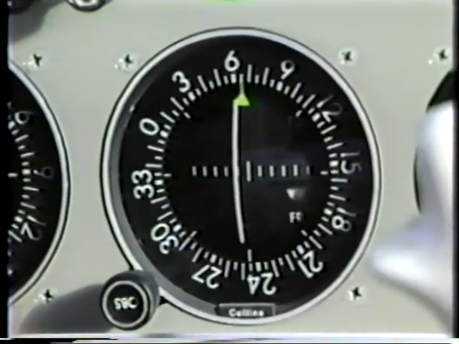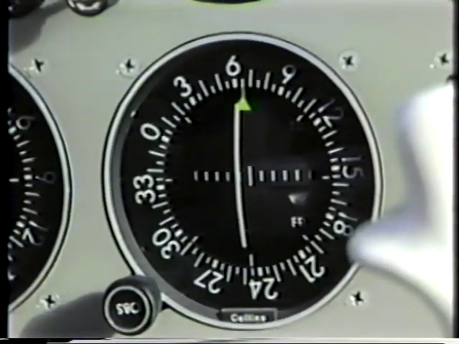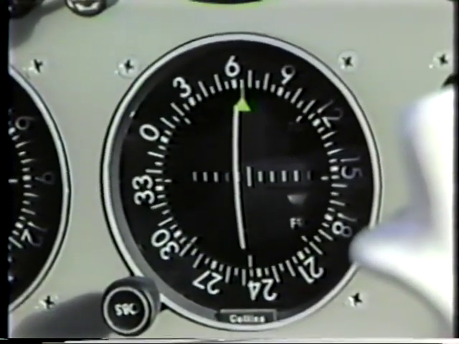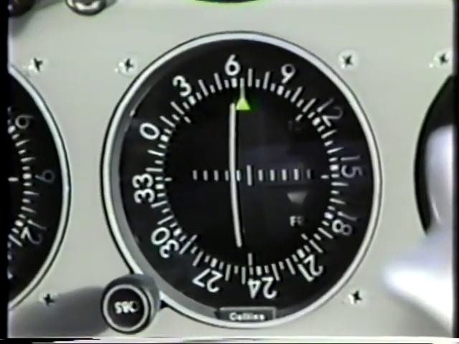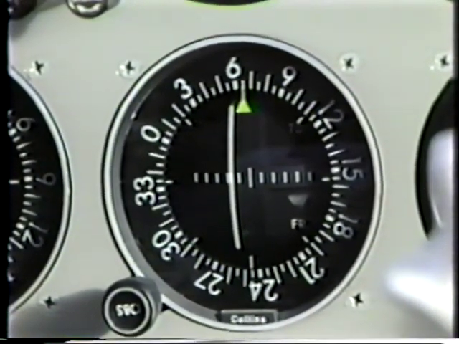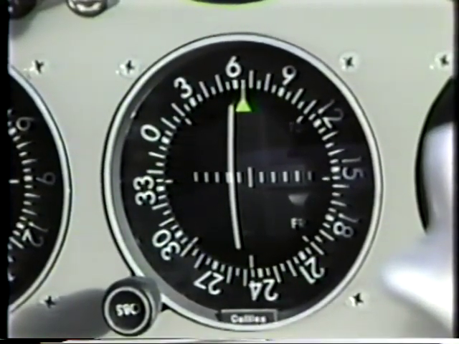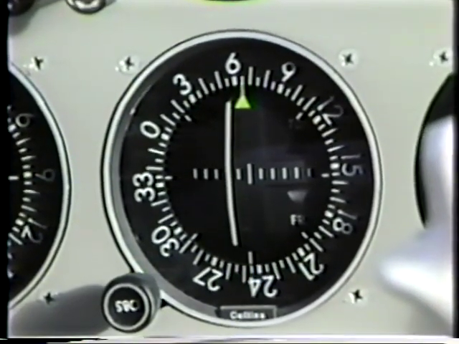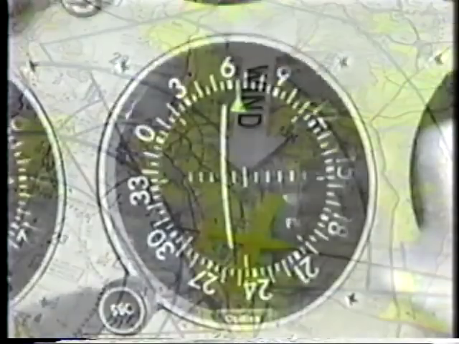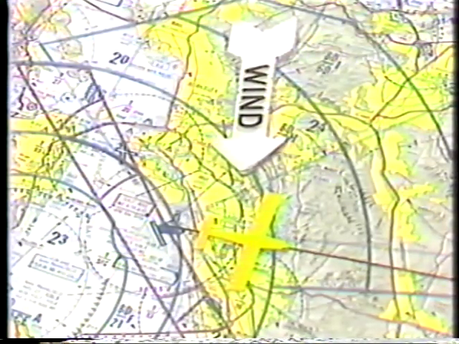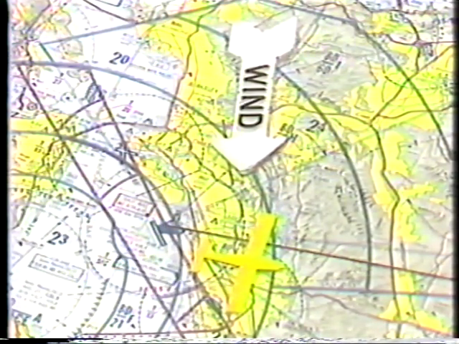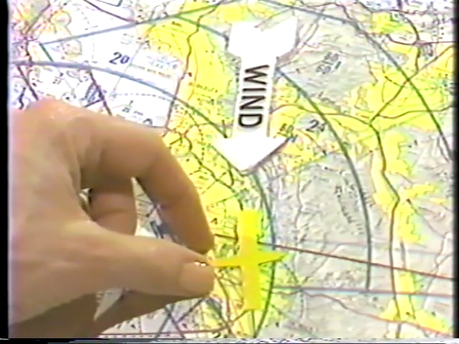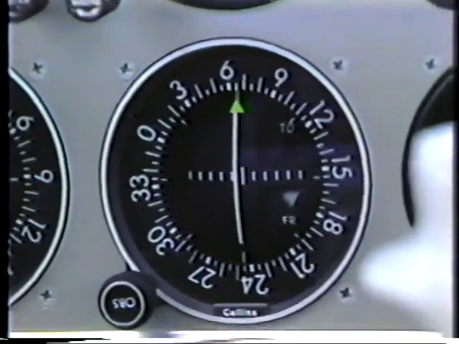Now we are outbound from Oakland. The CDI tells us that we are on our selected course of 065 degrees. The from flag tells us the radial selected will take us from the station. But now we note that although we are holding our heading of 065 degrees, the CDI is slipping off to the left. This tells us that our selected course is now to the left. The meaning of this is that we are encountering a left crosswind, which has caused us to drift off to the right. To re-establish ourselves on the selected course, turn 20 degrees toward the CDI. Hold that heading correction until the needle centers.